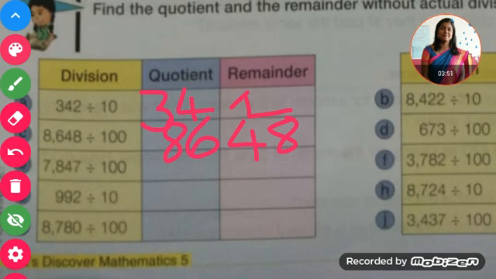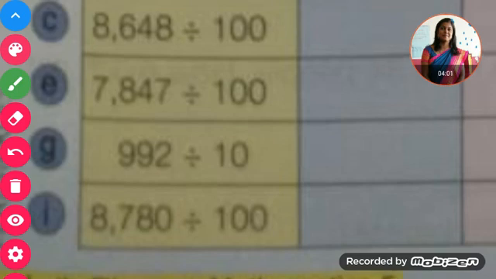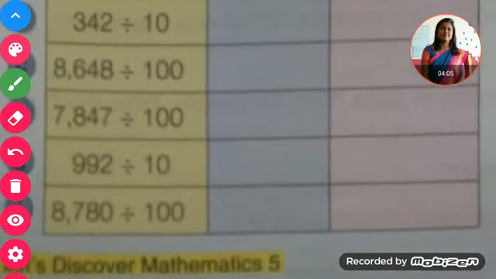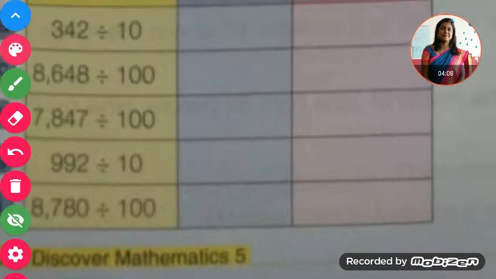If it is divided by 10, on the screen, let me zoom it for you, G1. When I take this number and want to get the remainder, it's very easy, because my ones digit becomes the remainder, that is 2, and 99 becomes my quotient. This is how it's very easy to find the quotient and the remainder the instant you see numbers divided by either 10 or 100.